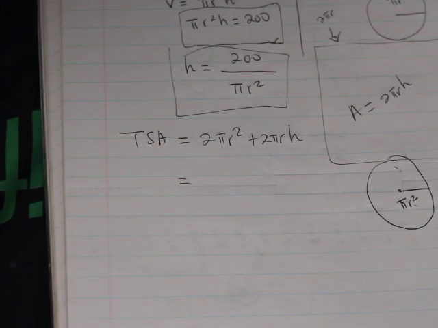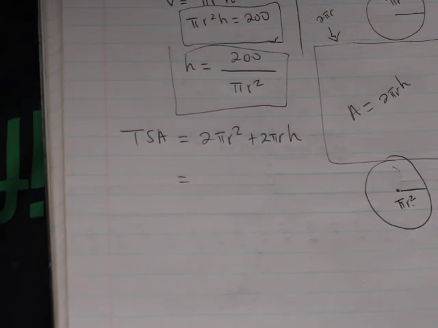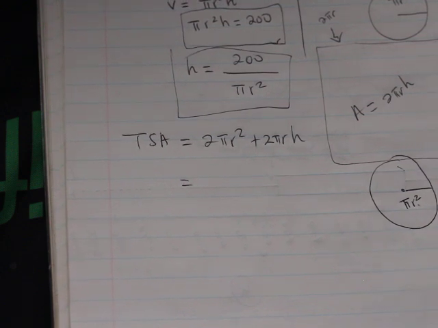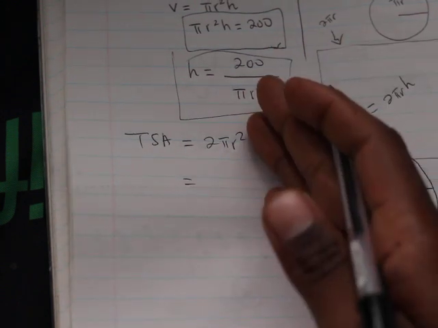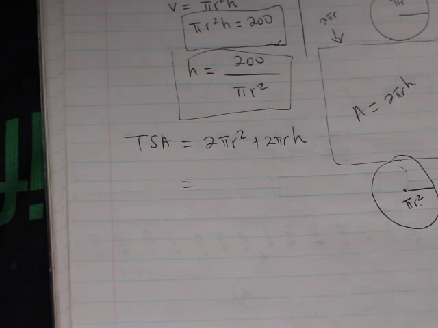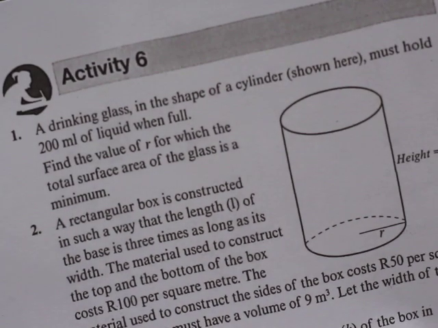Like with optimization, you guys, the approach is always the same. You're always going to have to make one variable the subject to substitute into the other equation, then you end up with the equation being in terms of one variable. Then you start doing the derivation with respect to that variable. So in this case, we're going to be left with R as the variable of our equation, and that's what we are going to derive. Remember they said we must find the value of R,